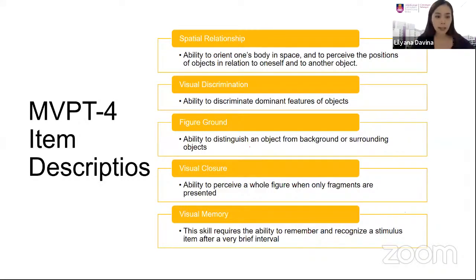Okay, and then the fifth ability is visual memory. Visual memory is our ability to remember and recognize a stimulus item after a very brief interval. Okay, kita ada kebolehan untuk ingat semua gambar yang telah diberikan pada kita 30 saat sebelum. Okay, kalau budak-budak yang tak ada visual memory ni, mungkin diorang akan ada problem macam lambat menyalin perkataan atau huruf dari whiteboard. Okay, next is